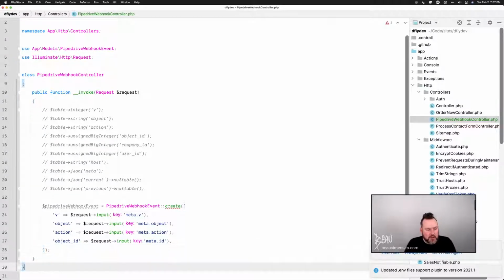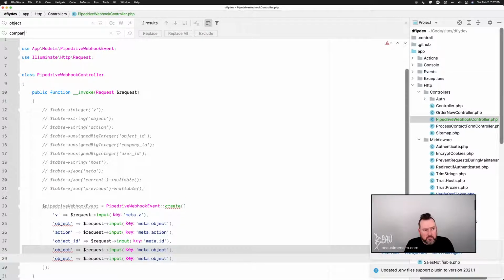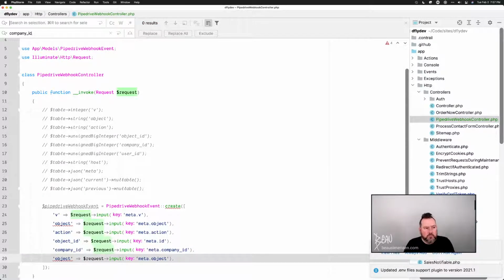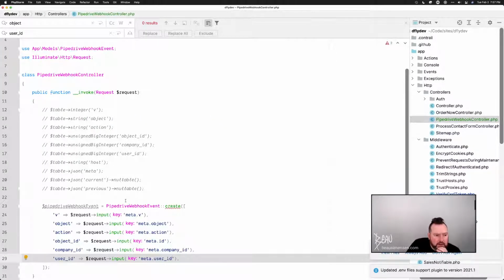ID and user ID. There we go. Okay, so we have user ID, host,